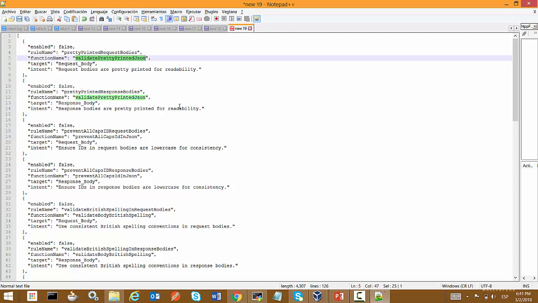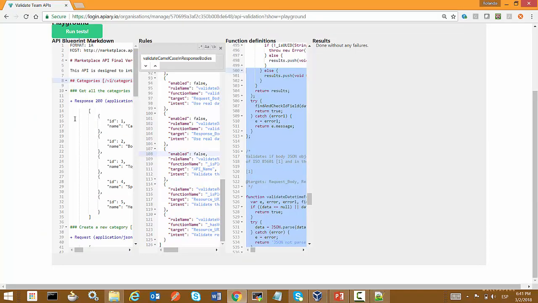So he basically wrote this JSON and that JavaScript function, and then here in Apiary applied those rules to our API blueprint, which at the same time are calling the functions. And the result is the validation, not only about the semantics, but also about any type of validation that we want to apply to our collections, to our resources, to our messages, and so on. So you can imagine how powerful this can be.